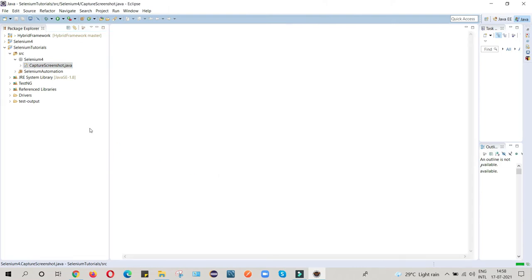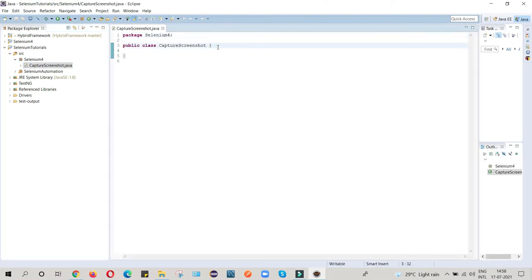Now my first step will be to initialize WebDriver Manager and the browser in which I am going to run this. So I will write public void and give any name, like Selenium 4 feature.